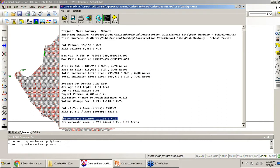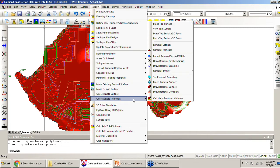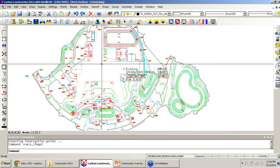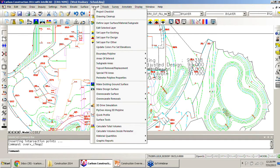So Todd, yep, we have a question. Can you do an over-excavate to an area, say a building footprint or 15 feet outside the footprint? Yep. Let me erase this color map. To do that, so that's across the whole site. If I only need to over-excavate within the building pad,